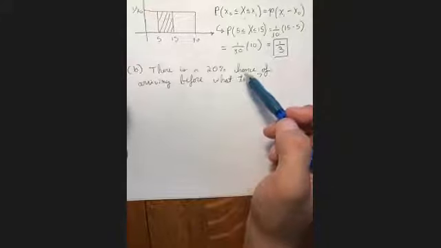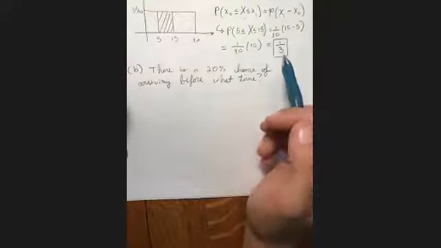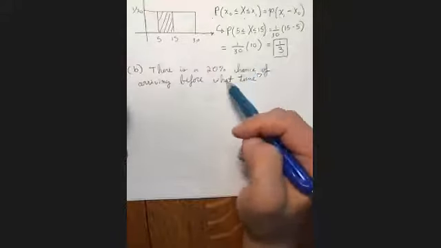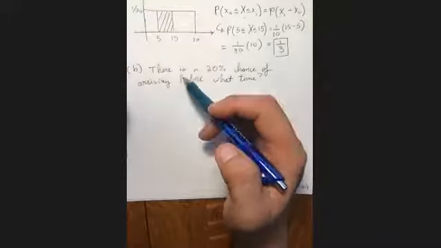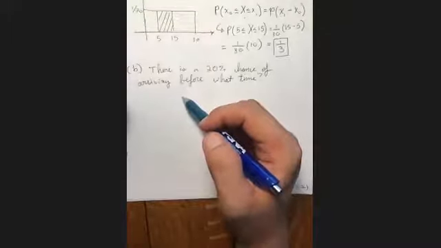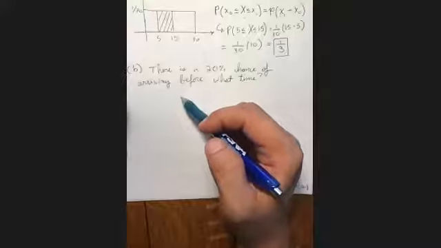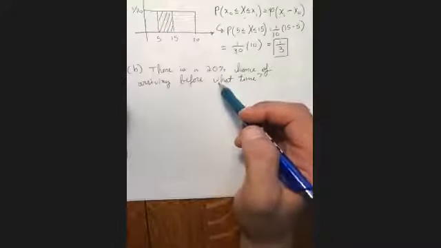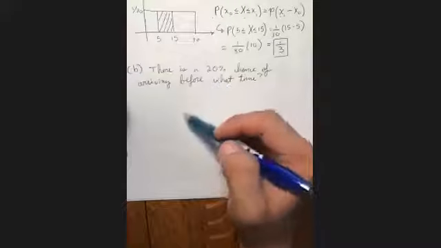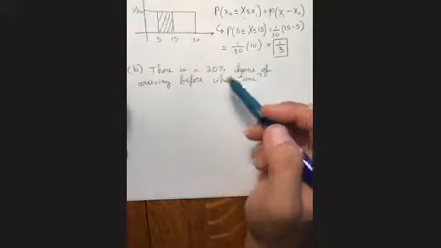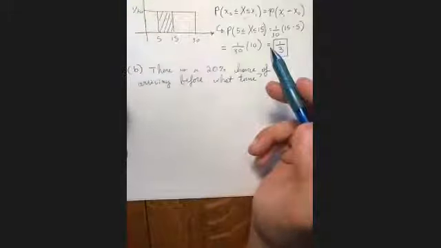So we want to figure out what, if we start the clock at 0, how long will we wait, knowing that there will be a 20% chance that the person that we're waiting for will arrive by a certain time. So